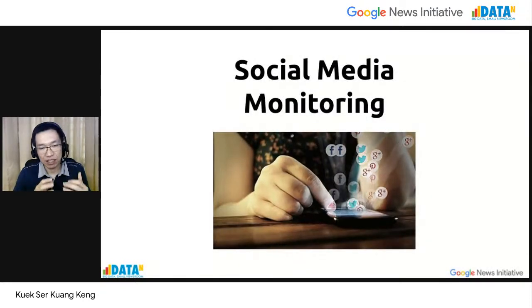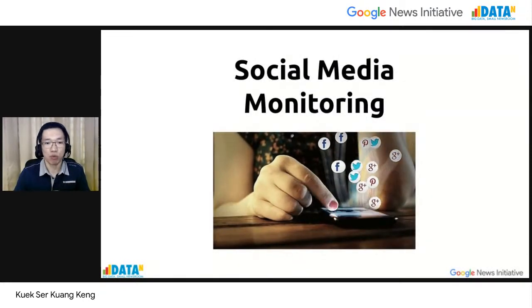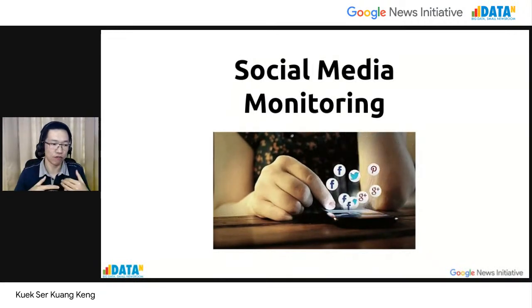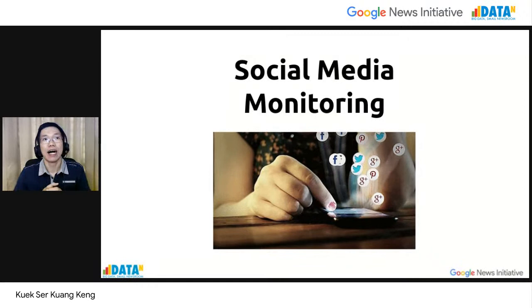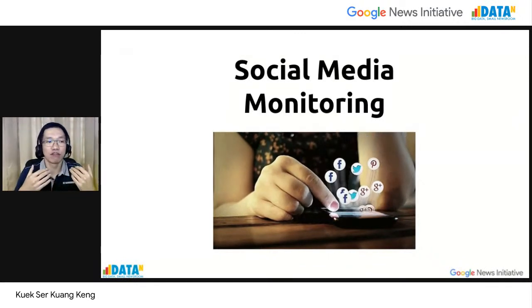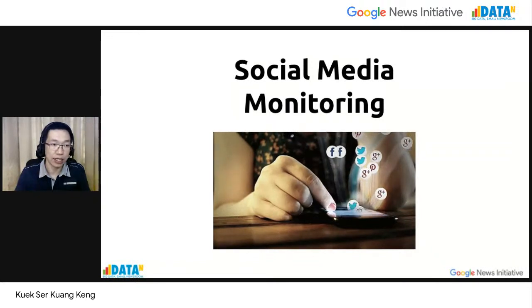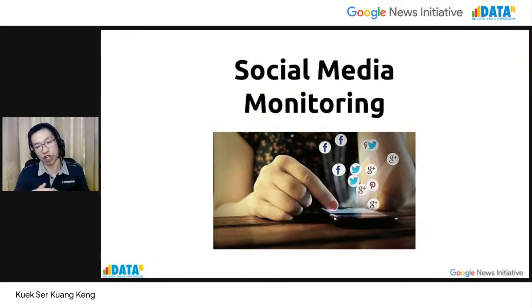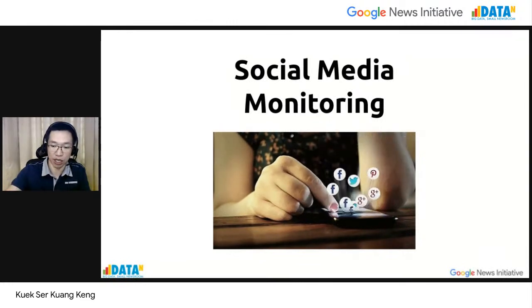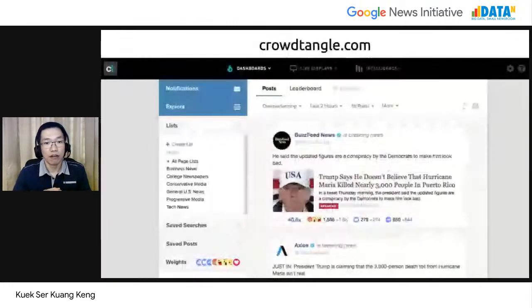The next set of tools that we want to share with you is about social media monitoring. We know that a lot of journalists are trying to find stories from social media. They want to know which kind of posts or content has gone viral, has received a lot of attention on social media. So we have a few tools that we can share with you. First is called